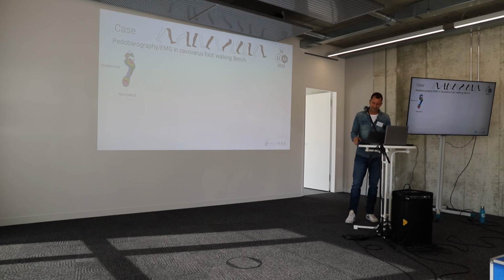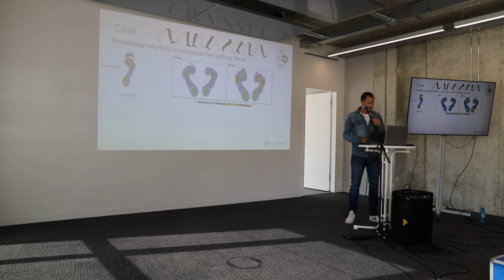Here are the pedobarographic results. We also know pretty well how it normally looks in a cavovarus foot, though it's hard to say because we have so many different degrees of severity and so many different types of cavovarus feet. But I think you can see that this doesn't look normal, here on the left side in our case. What can we see here? We can see a massive overload of the complete lateral foot, mainly in the area of the base and the head of the fifth metatarsal.